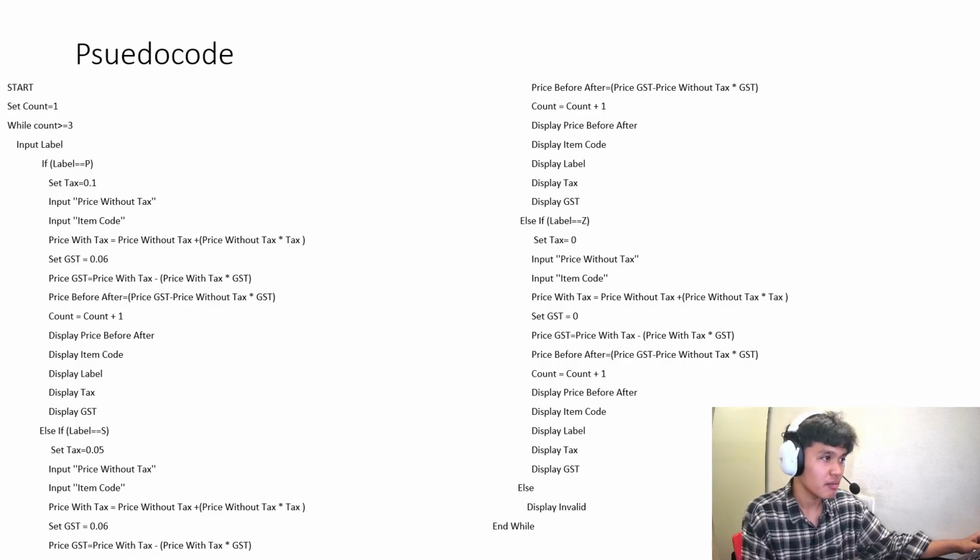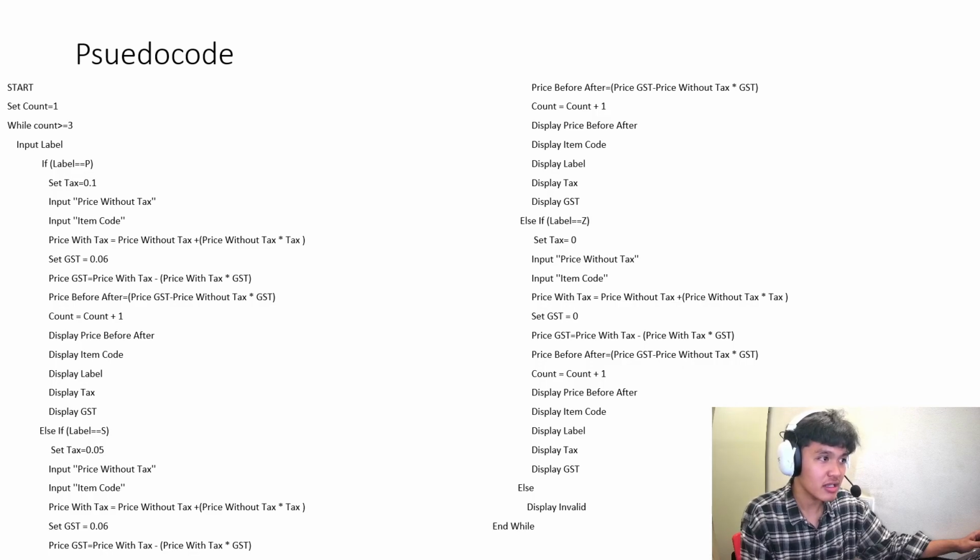And then price GST equal price with tax minus price with tax multiply GST. Price before after equal price GST minus price without tax multiply GST, and set count plus 1, and then display